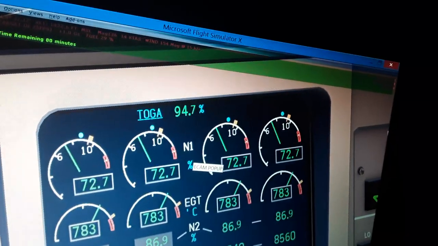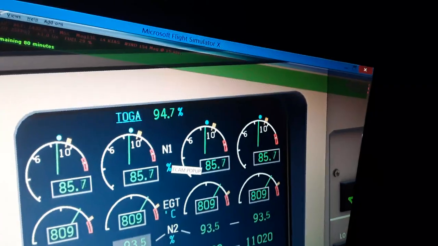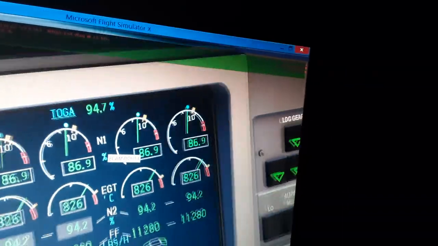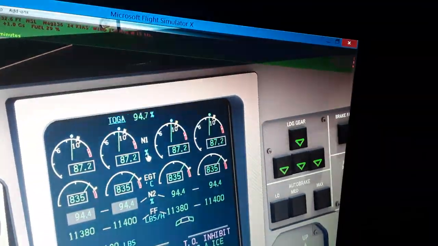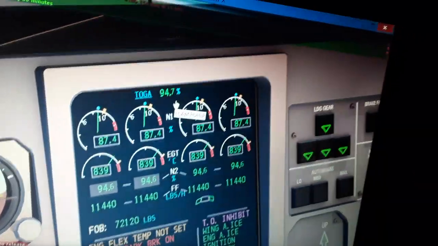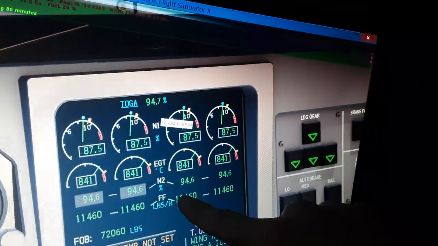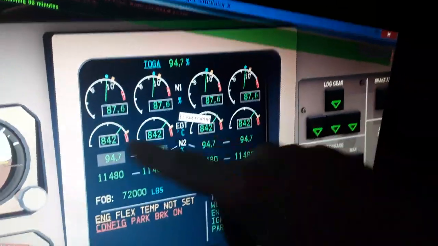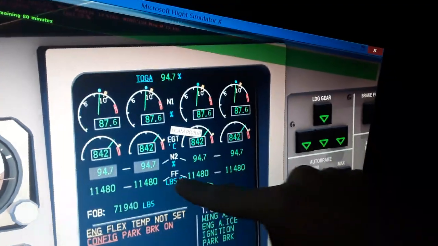If I move the thrust lever, the green needle also goes up to a new value. It goes all the way to 86% right now, which is N1. It's the low speed rotor, low pressure compressor stage of the turbofan engine. The exhaust gas temperature is 840 degrees per engine, and N2, which is the high pressure compressor high speed rotor stage of the turbofan engine, is 94.7% per engine, and the fuel flow is